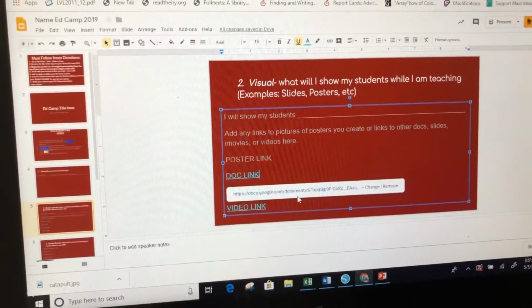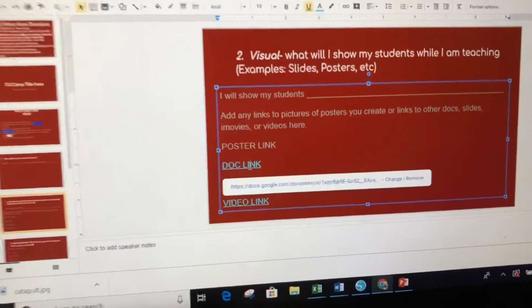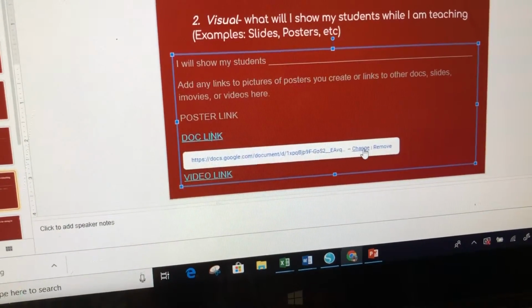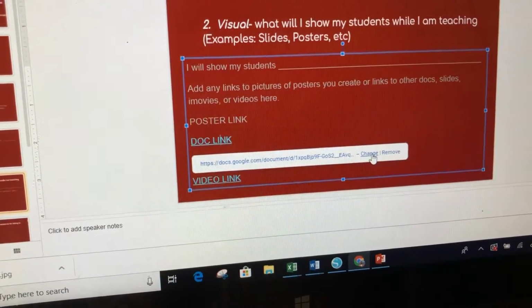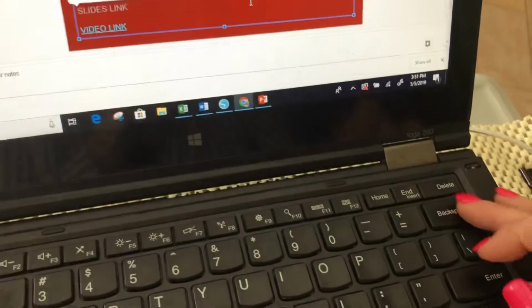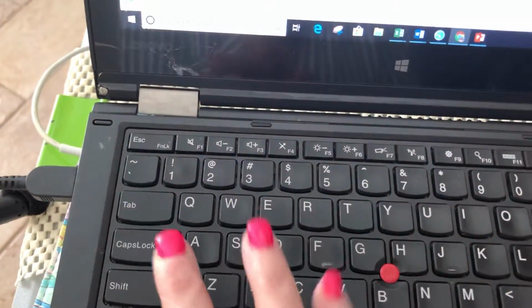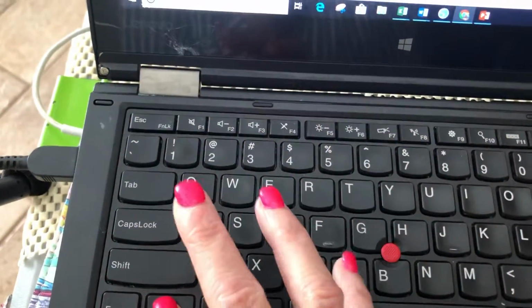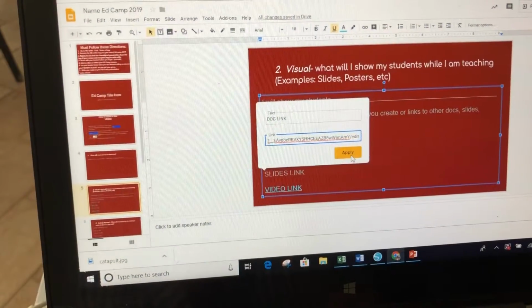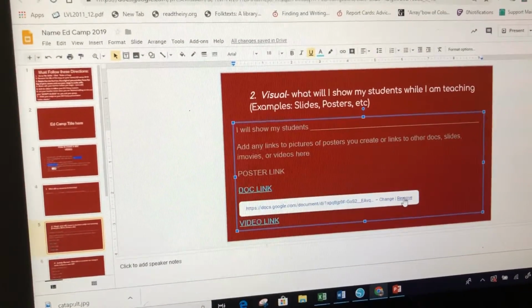Now, let's just say you added a link already, but you don't like it and you want to change it. So what you do is when you select the link, notice over here it has options to where you could change it. Say you accidentally copied the wrong address and you want to change the address. You can click Change, and you would just push Delete, and it'll delete the address. You could go back and then Control copy the right address, click back to EdCamp, Control V for paste the address, and then add it in. Or if you do not want to have a link at all, you can click Remove, and it'll delete the